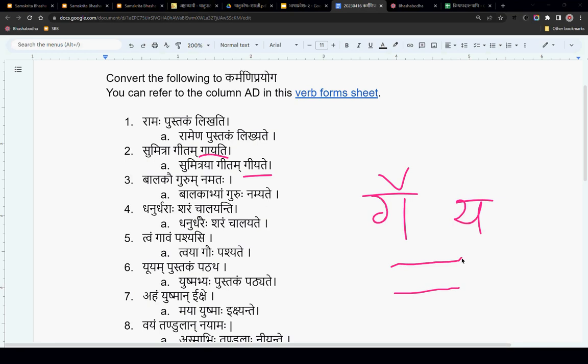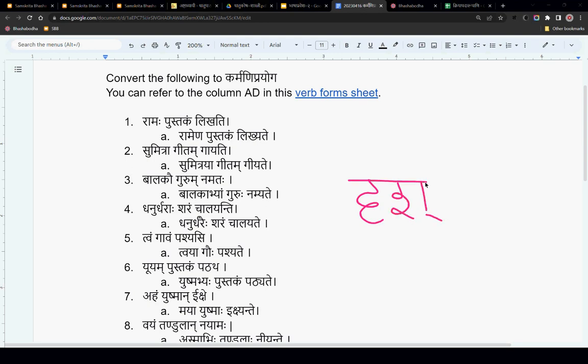But in many other cases it is simple, like nam dhatu, namyate. Then drush, pashyasi: here also you have to follow the same thing we talked about. Drush dhatu remains as drush, it doesn't change to pash because this is karmani. So then add ya and then the atmanepada pratyaya as needed. Drishyate. Similarly, pat, pathyate.